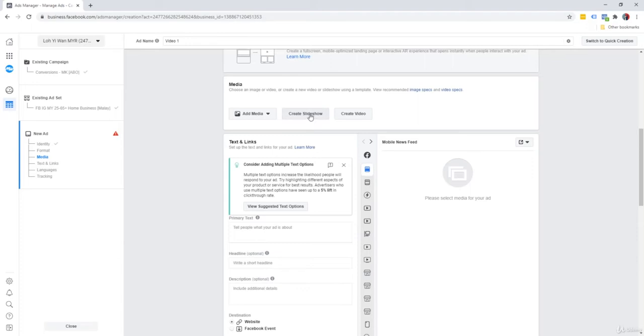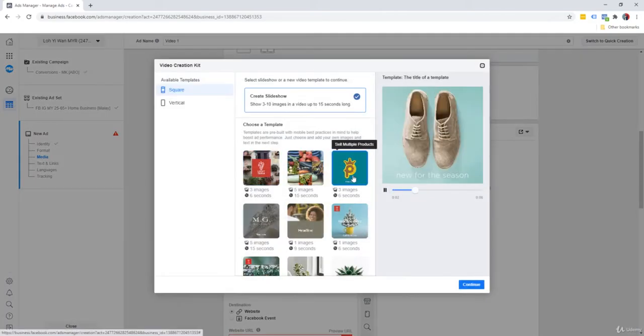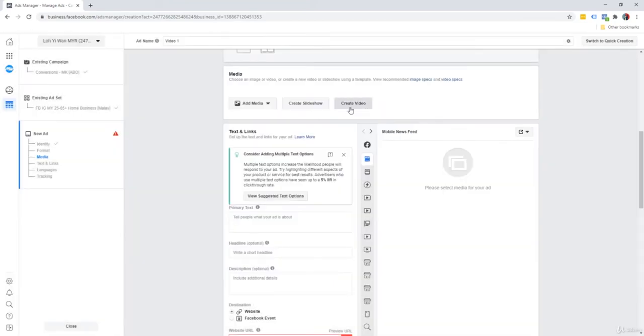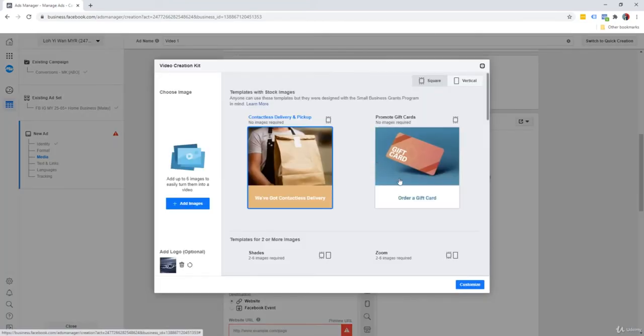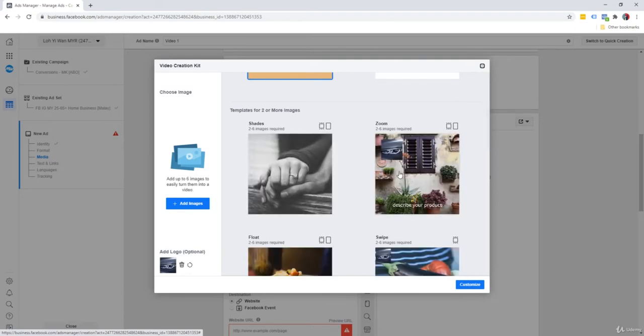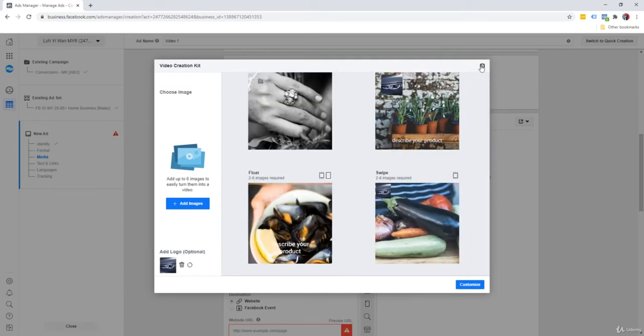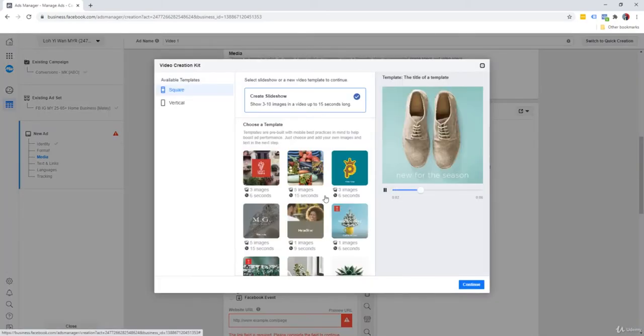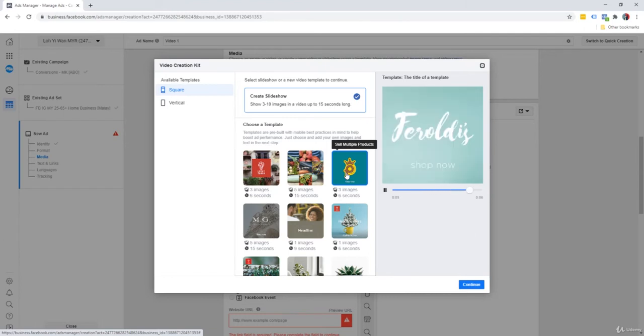Okay, so let's just click on create slideshow, and as you can see here, there are templates for you to choose from. All right, and if you click on create video, it's pretty much similar as well, but they have different types of templates going on. All right, and that's pretty good. So with that said, I'm just going to click on create slideshow. They all lead to different types of templates for your videos. So what this does is that you can put in any images that you want. You can add in the text and change a little bit of customization, especially on the text colors,